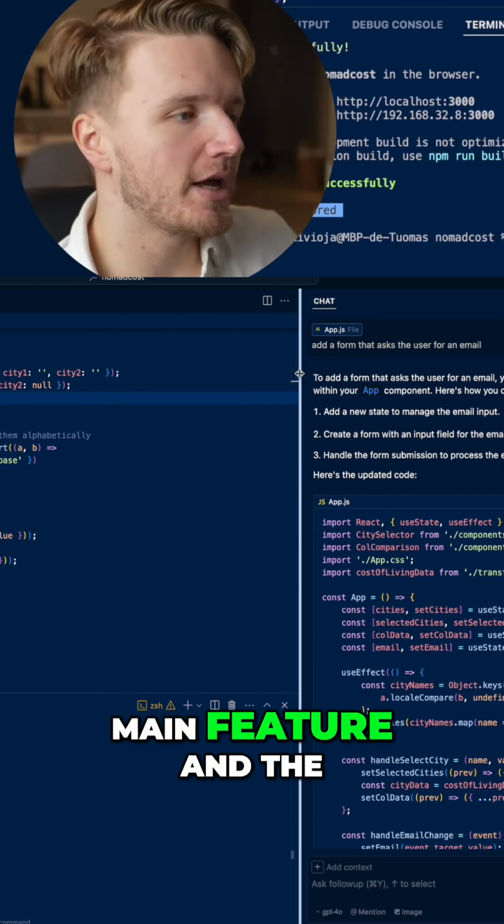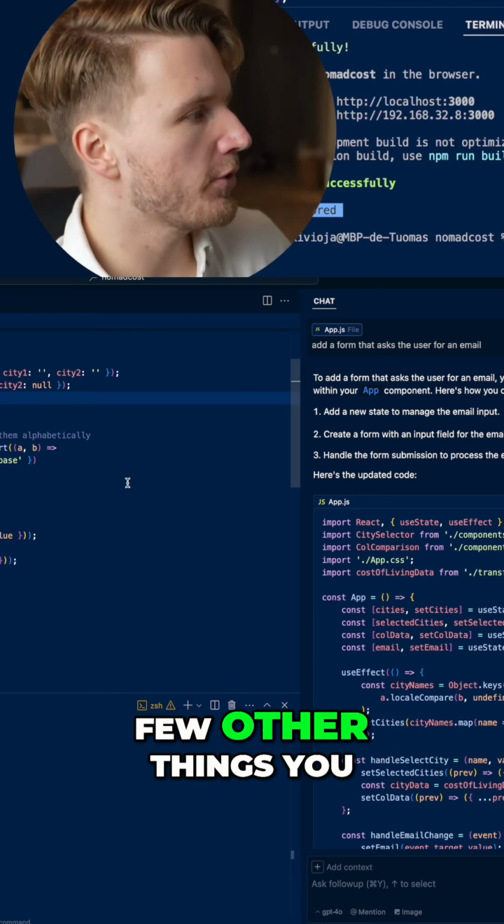So that is the main feature and the main way that I use Cursor AI, but there are a few other things you can do here